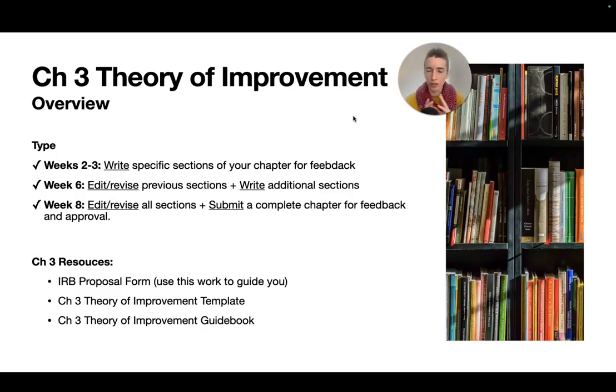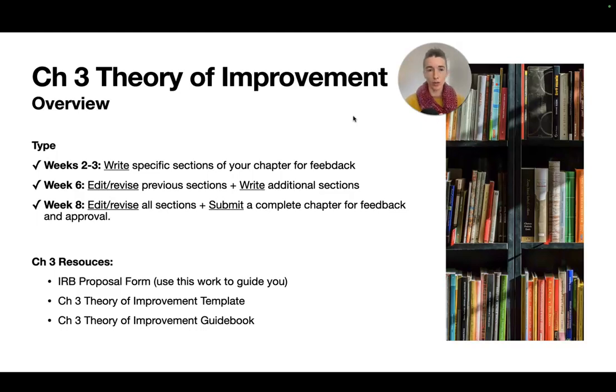To help orient you, you wrote chapter 2, contextualizing the problem of practice, back in EDD 808. And great, you did a lot of work there. You dove into the different environments and different perspectives for taking a look at your problem of practice, and for the first time you were writing a significant portion of your dissertation in practice, your DIP.